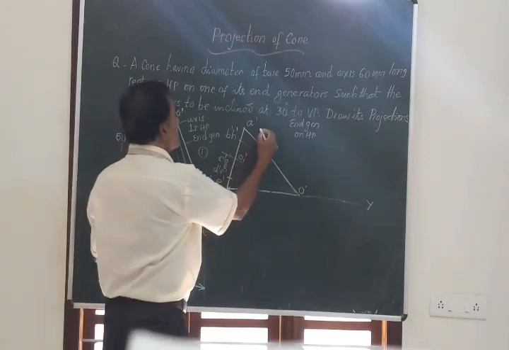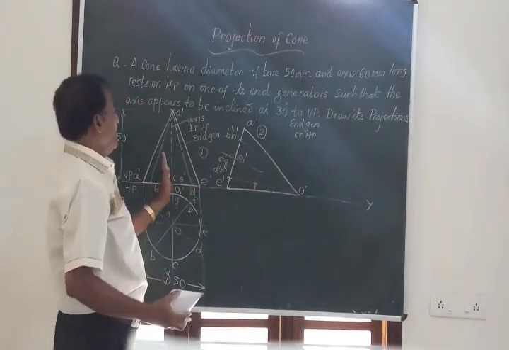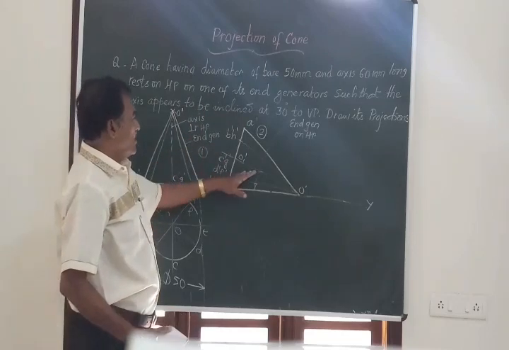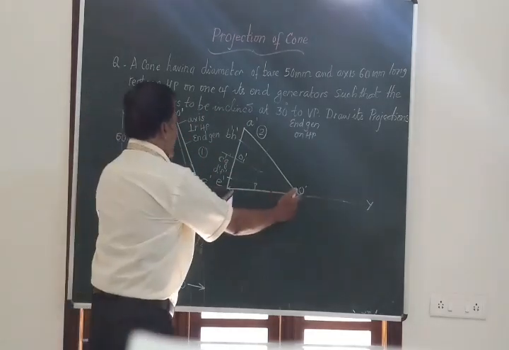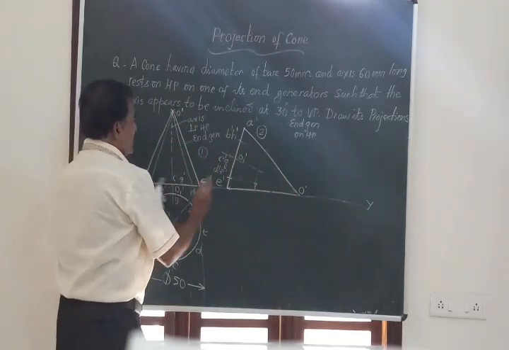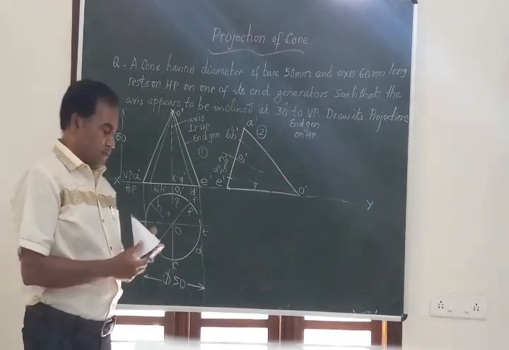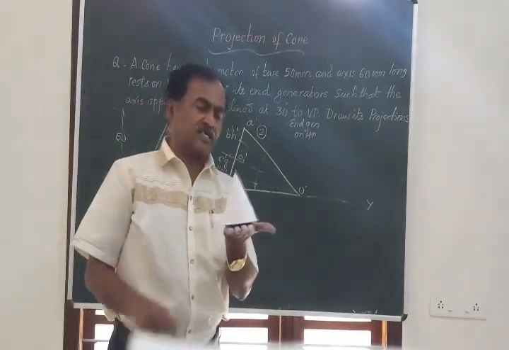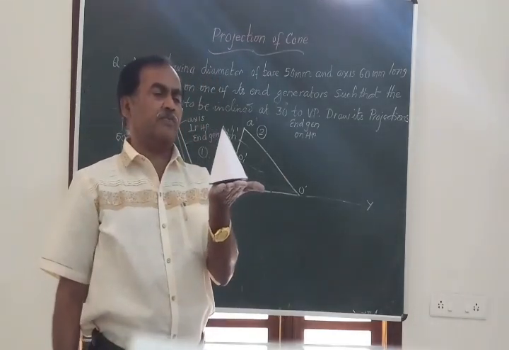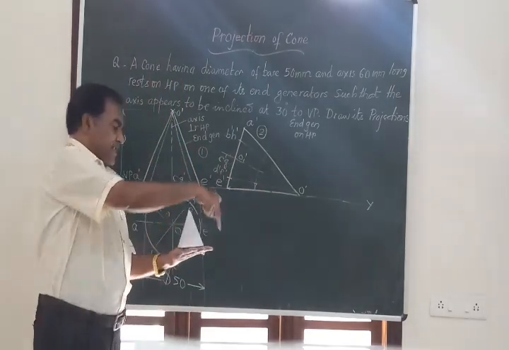So this is figure number 2. Figure number 2 is the replica or photocopy of figure number 1. Here O dash E dash is this length, O dash A dash is this length, A dash E dash. So the figure is reconstructed. You can see now I had this solid resting on its base on HP. I got different views, with the triangle and the top with the circle.